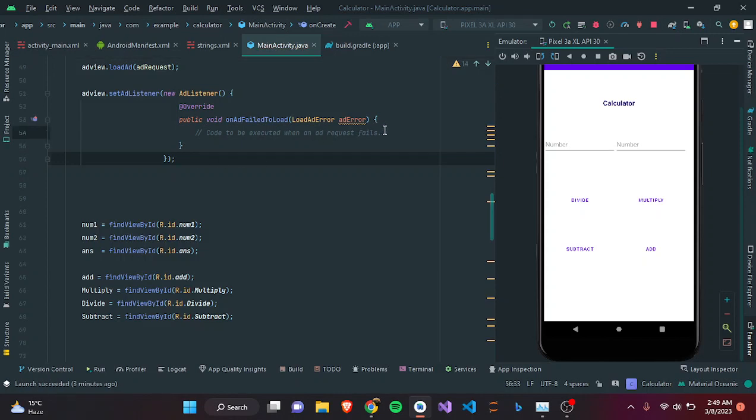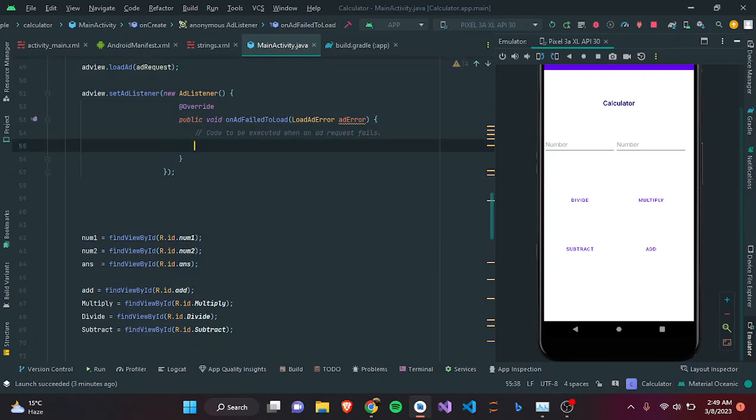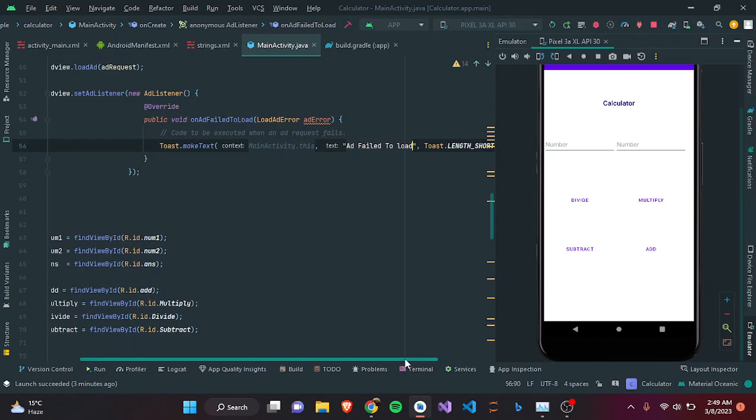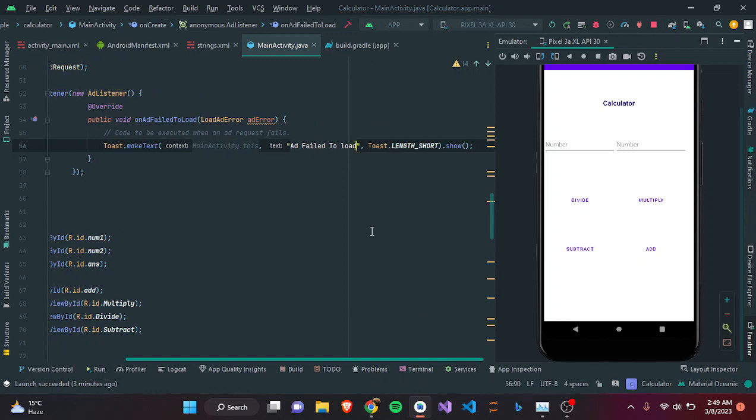So what happens if the ad fails to load? I will probably use a toast, so we are going to be using a toast. Now I will show "ad failed to load". We are going to show this. Now if I run my app again,